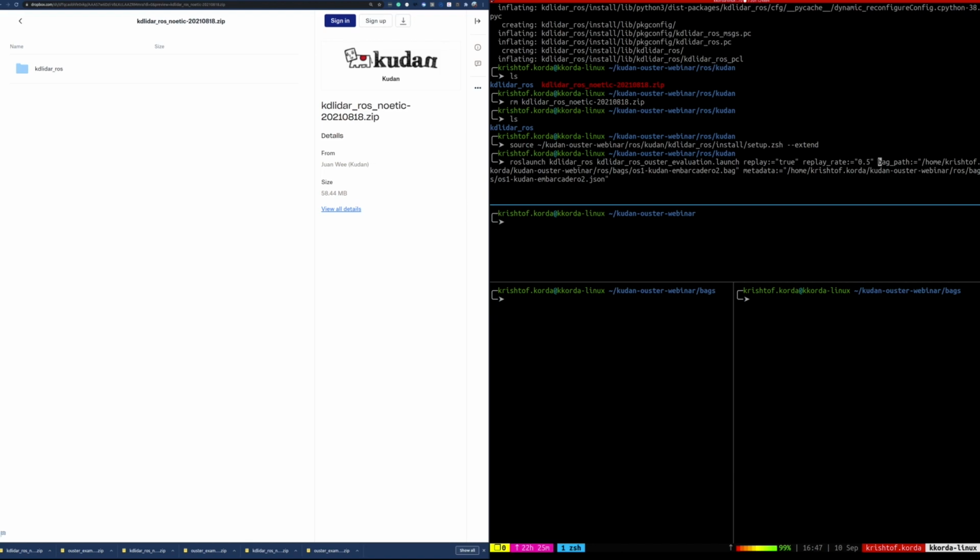Recall here that the path needs to be a full path, so an absolute path, not a relative path, so you can't use things like the tilde or the dot or anything like that. Make sure you use the full path from root. In this case, it's my home directory, and then it's in the Kudan Ouster webinar ROS, and I've actually moved this recently, so we're actually going to move this. This is in the bags now file,